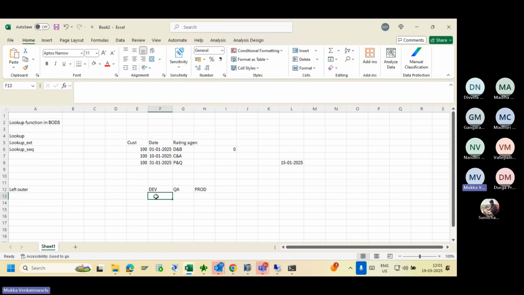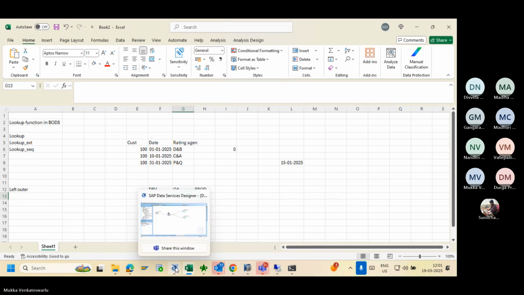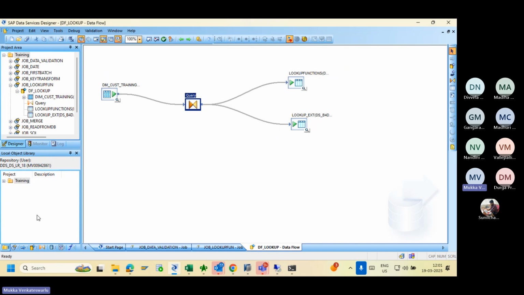I want to migrate those jobs to higher environments, from quality to production. How do you do that migration? There are two ways. The first way is